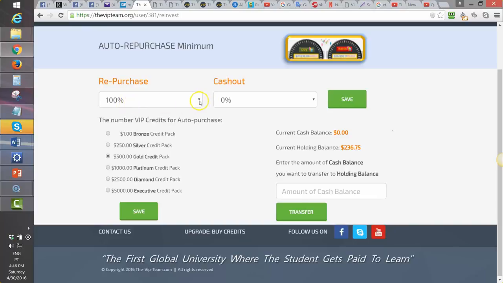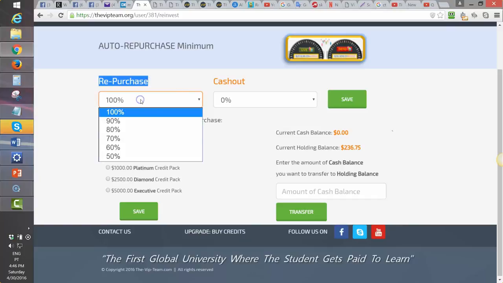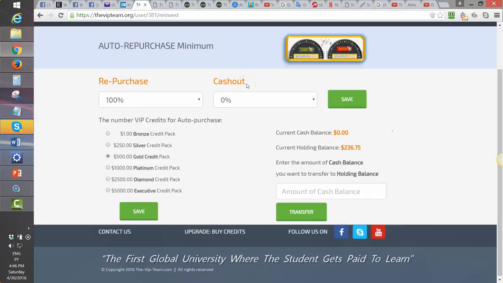And I would suggest in the beginning, but it is your choice, to maximize your growth by putting repurchase to as high as you possibly can. If you have only one cow, you don't want to milk that cow and take all the milk out. You want to use some of that milk to let that cow become 2 cows and 3 cows and 4 cows, and then eventually, if you have a good pasture of cows, you can begin to cash out some profit